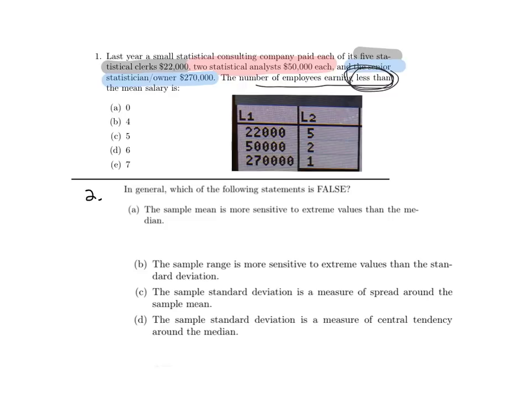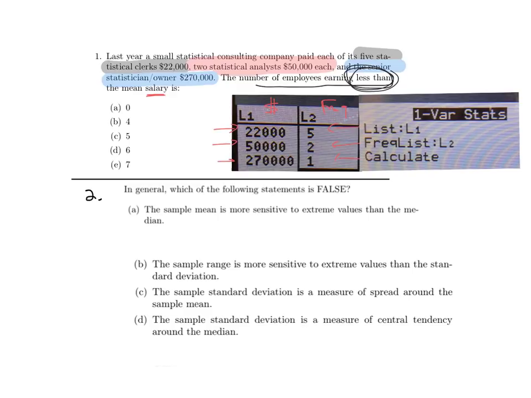Here you see I entered in the salaries, the money in list 1, because that's what the question is asking me to find, salary. And here I entered in the frequencies into list 2. So the 5 statistical clerks earning $22,000 a year, the 2 analysts $50,000 a year, and the 1 owner $270,000 a year. What we're going to do is run the one variable stat test on the data,